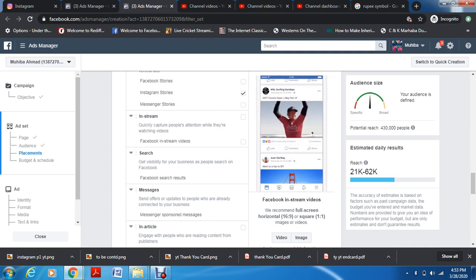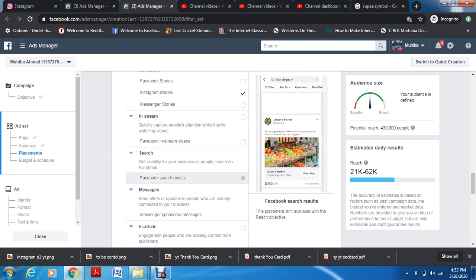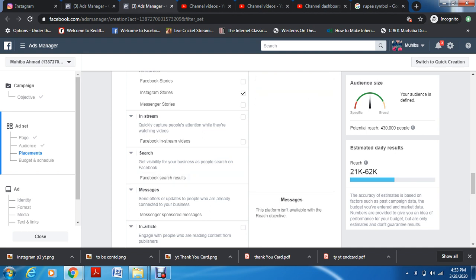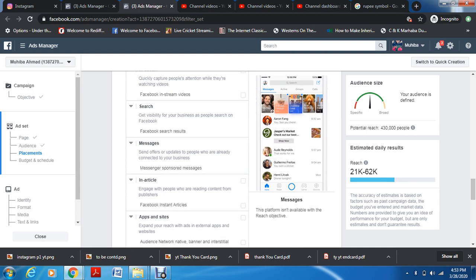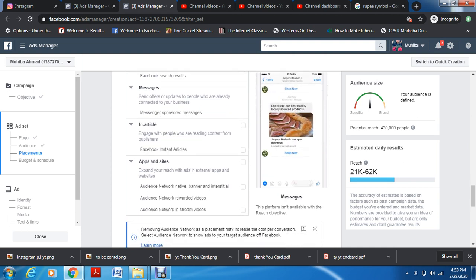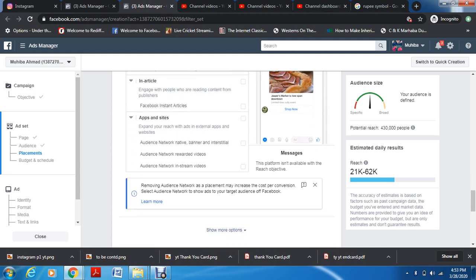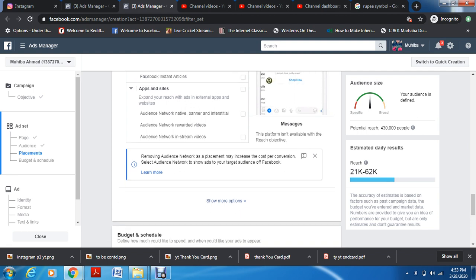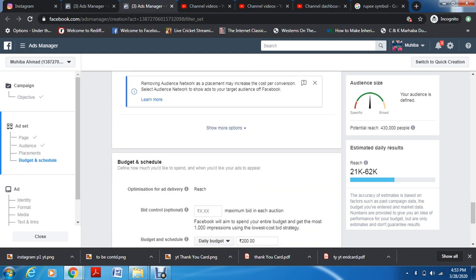In that case you'll have to select it, but because हम अभी purely Instagram को लेके कर रहे हैं, तो we'll leave it for that. आप चाहते हैं कि मैसेजेस में ऑफर आए, आपने देखा होगा मैसेंजर में अब एड्स भी आते हैं, तो वो कर सकते हैं आप. ये सब बाकी जो भी है, it is related to Facebook and not Instagram. If you want more options you can have, but I think for now this is all we require for Instagram